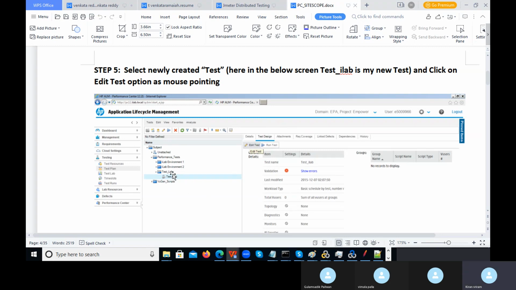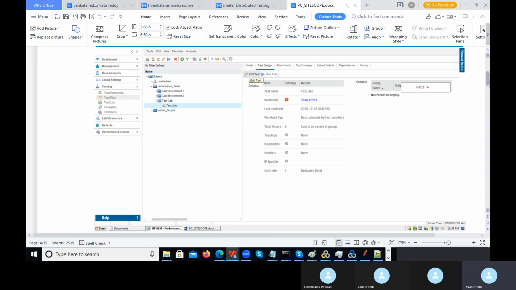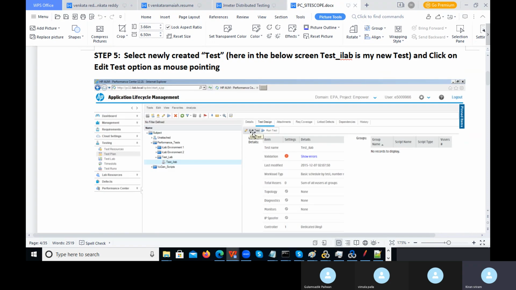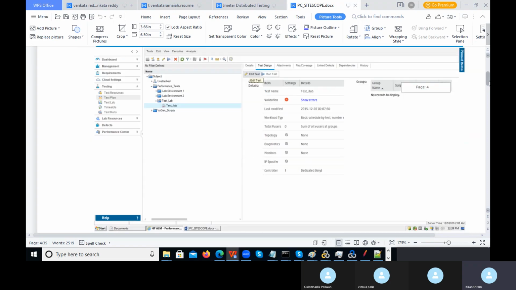So in that, once you click on here, everything will show here, like what is the test name, what is the last modification date, what is the workload model type, and everything will be displayed. But once it's displayed, if you click on edit the test to run, then you are able to see